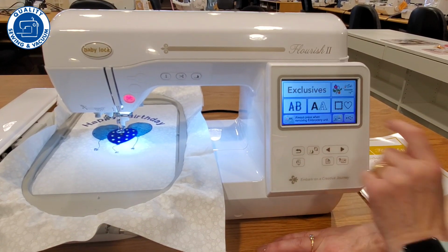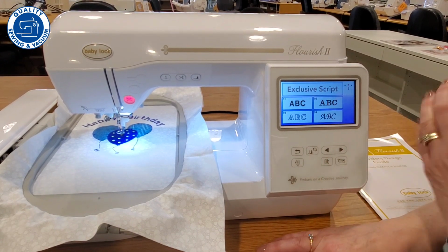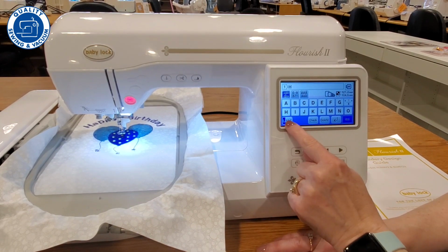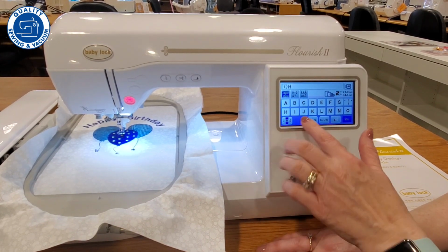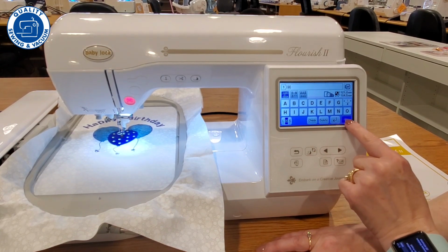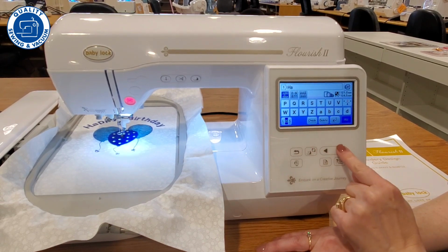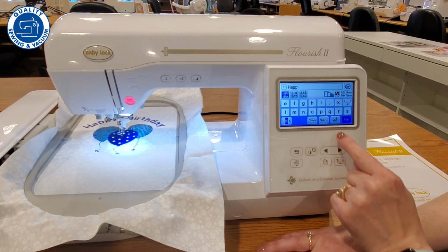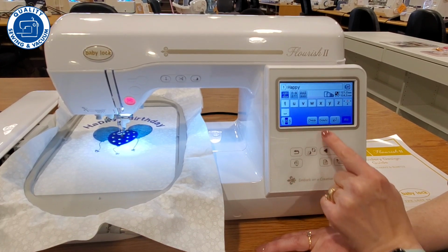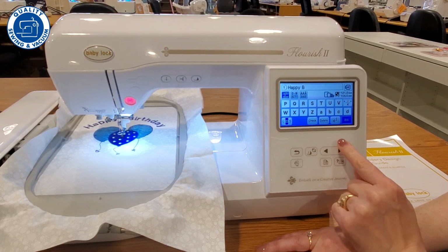And then I want to add the lettering. So to get letters, it's so easy. All you do is touch the alphabet, pick the style of letter that you want to use. And I made mine a little bit smaller. There's 3 different sizes for each font, or for most every font. And all I need to do is scroll over and get my A, P, P, Y, and space. And then I'm going to go back, get my B,